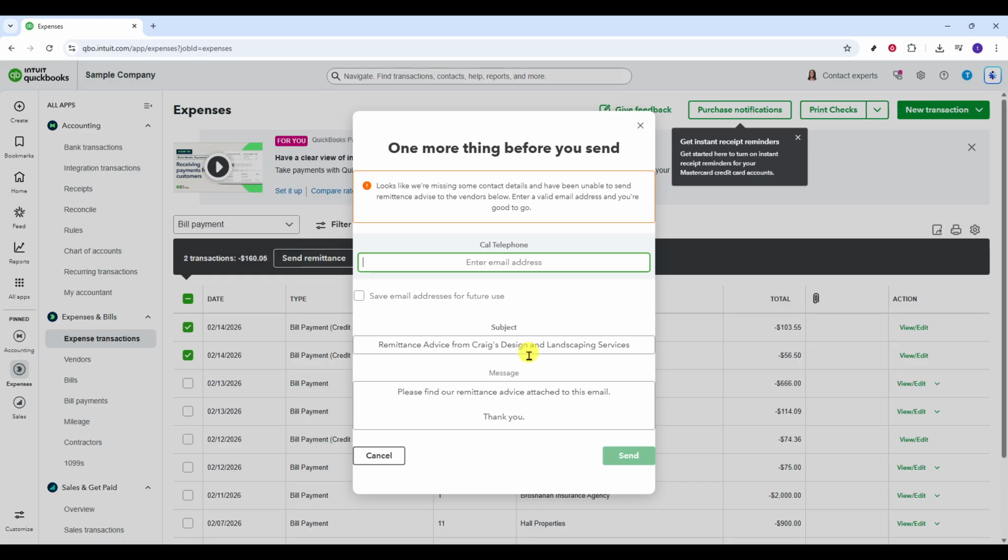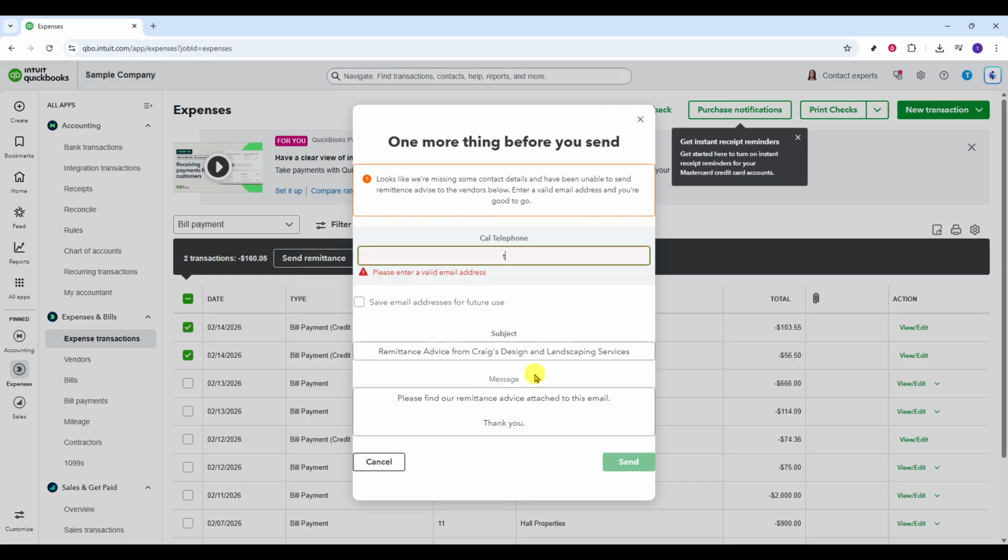If you don't see the Send Remittance option, double-check that you selected a bill payment in the filter and that the specific payment's checkbox is ticked. After sending, you can always return to the expenses area to confirm the activity and keep your records